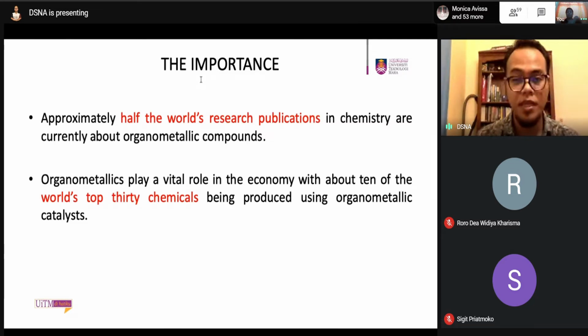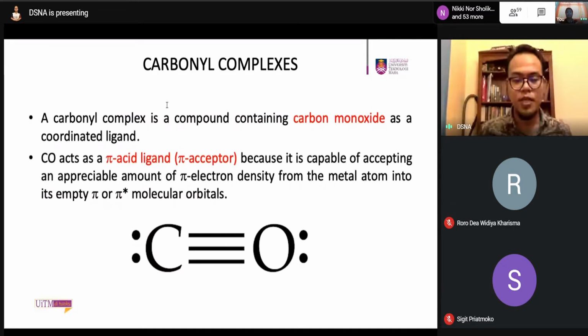parts. The first part will be the definition, which I consider the principle of organometallics. The second part will be how we are going to synthesize the compounds. And last but not least, a little bit on the application. So moving on, for this syllabus, since we can have many types of ligands,